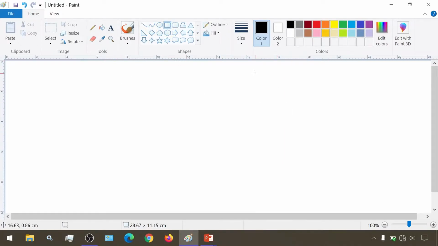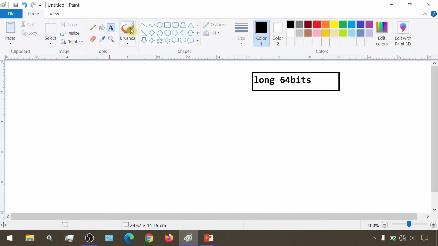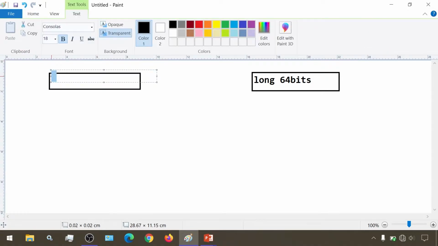Now, as we know, int takes 32 bits and long takes 64 bits. The long data type takes 64 bits in memory to store its values, and similarly int takes 32 bits inside the computer's memory to store its data.